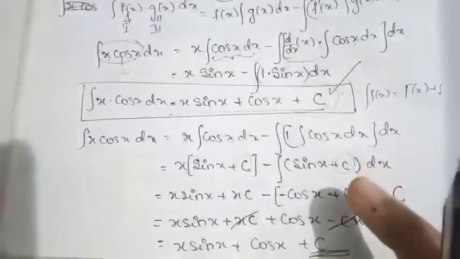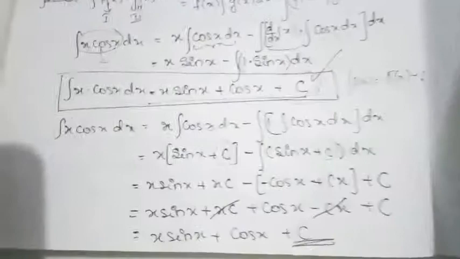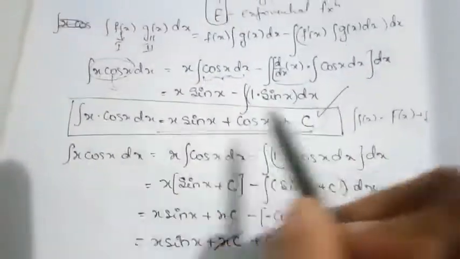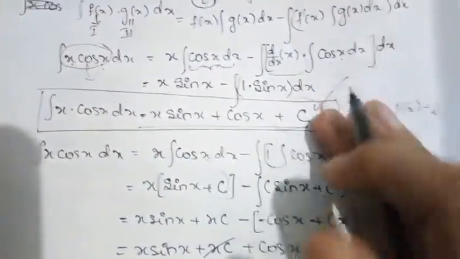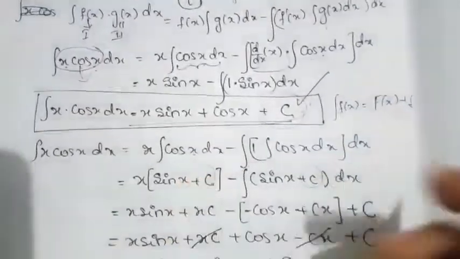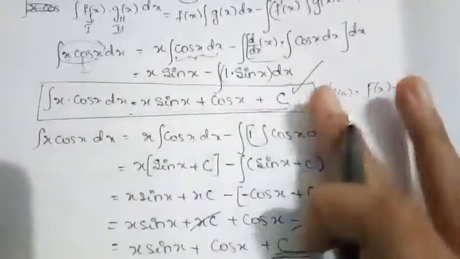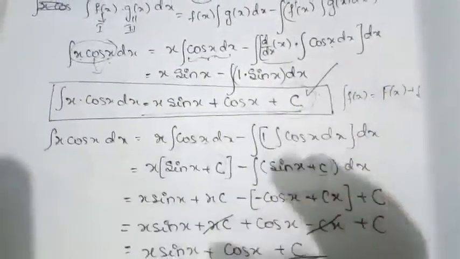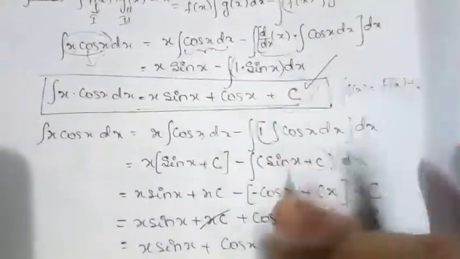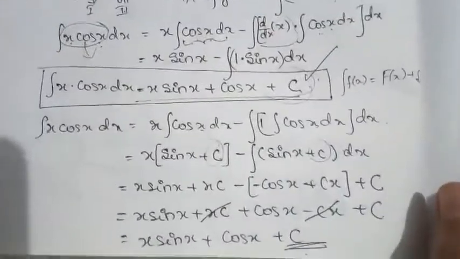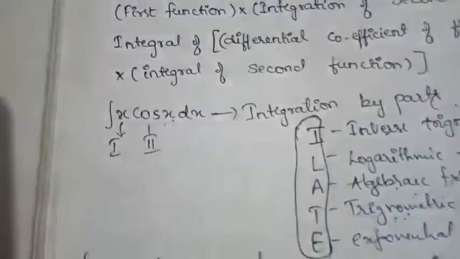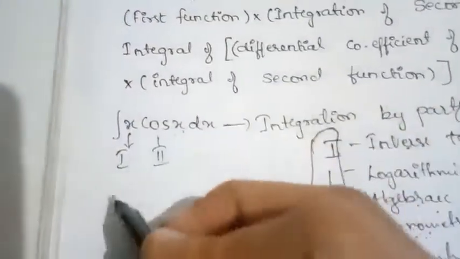Why I explained this is that even this is a proper method. Even if you follow this method, we are going to get the same answer. It is not like we are simply writing it like this; if you write like this, it is wrong. There is a meaning why we are using it like this. So to understand why it is used like this, I have explained that also. So here we got the integral of x cos x through integration by parts.